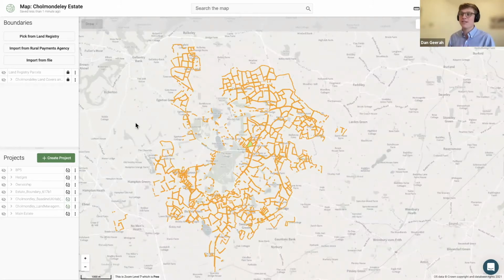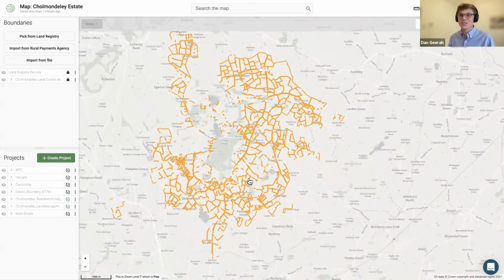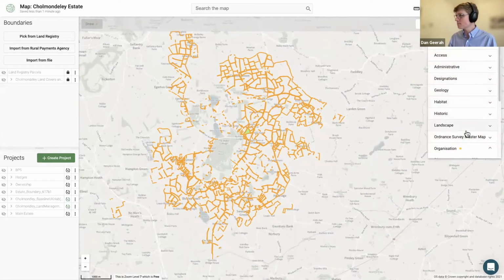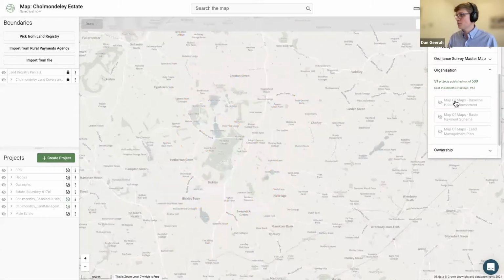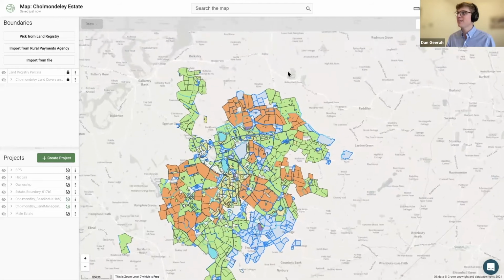We're still working with tenants to understand where is actually suitable, what makes sense. But this is more of a tool to visualize a potential scenario. You can see that the potential for this is really quite massive. So if I did want to, for example, edit the land management plan or edit the baseline for that tenant,